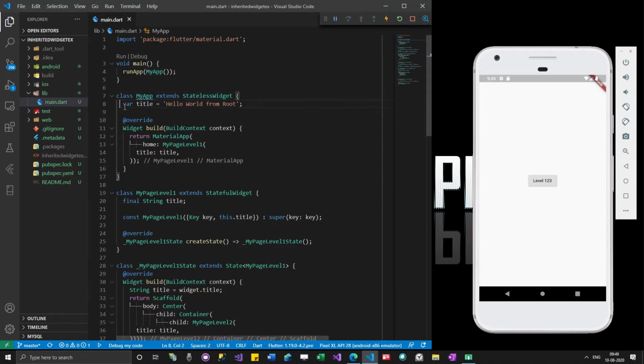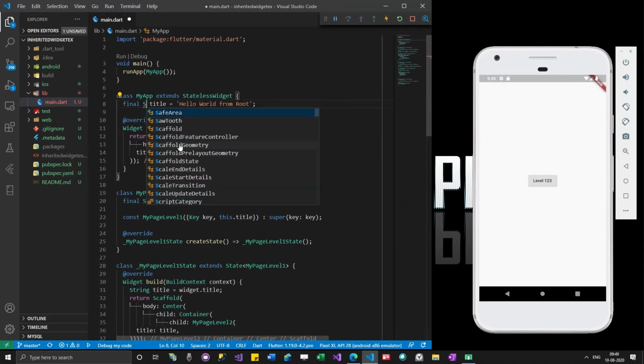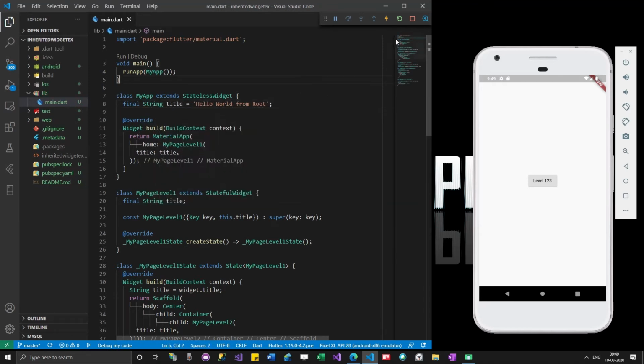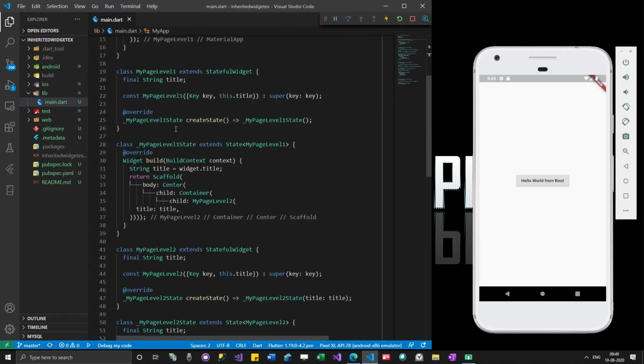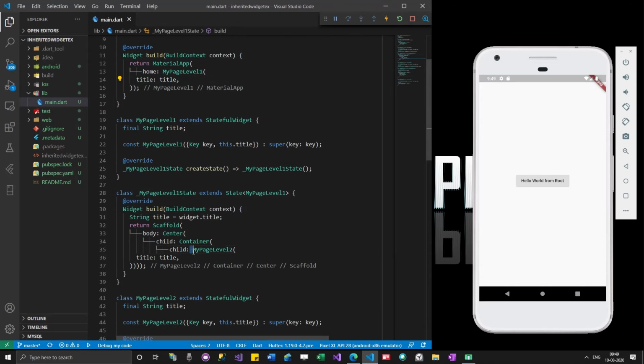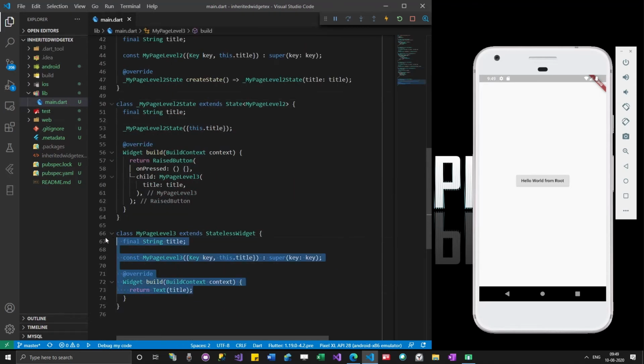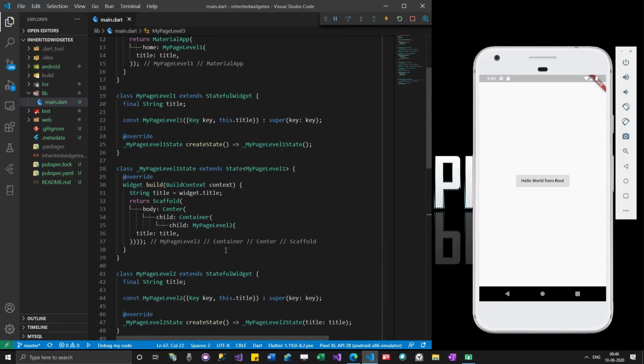So this is a stateless widget. I have to mark this as final and then let it be string. So you can see, right? In order to access the title given in my app, I have to pass that value over here and then over to level 2, over to level 3. So in order to access this value, I have to do this much stuff.